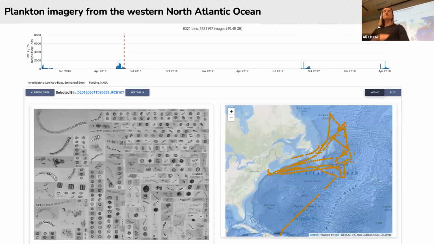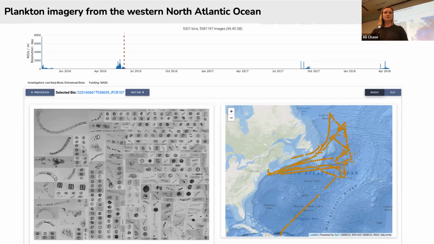So a lot of data has been collected with different IFCBs. In particular, I'll be referring to data that was collected by an IFCB belonging to the group where I did my PhD at the University of Maine. These data I'm showing here are displayed on a dashboard that's a web interface designed also at Woods Hole, where they host several different IFCB data sets for visualization. These data are from the Western North Atlantic, part of a multi-year mission, and these data in particular are the ones that I'll be referring to in the work that Valentina and I have done so far.